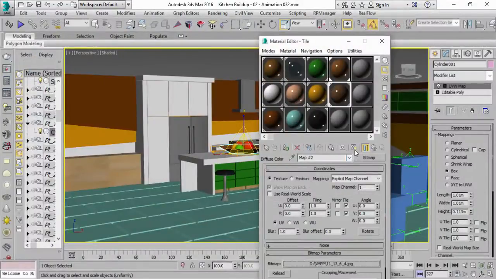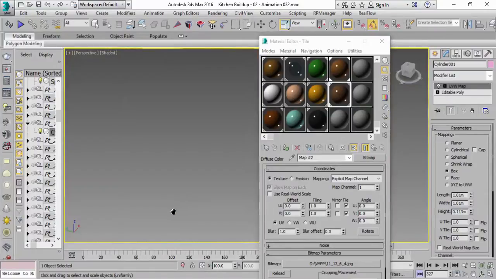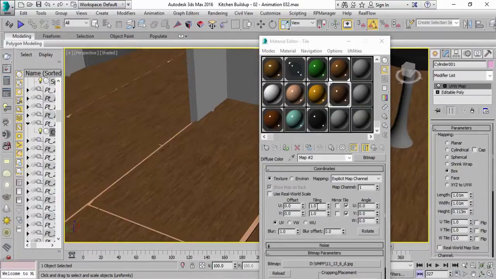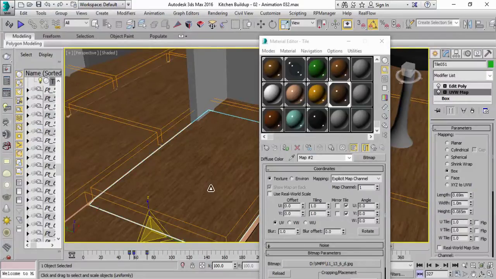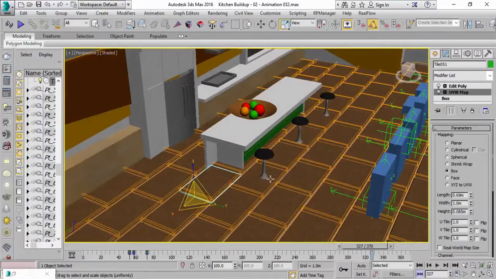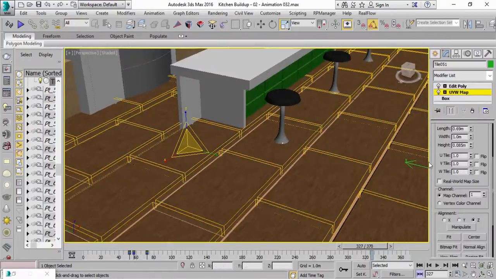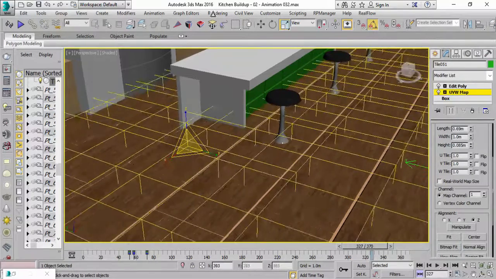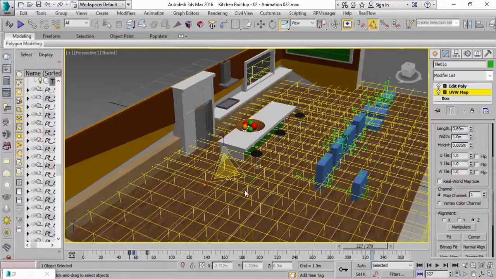And of course, you have to show the shaded material in the viewport. There we go. So that you must be able, of course, to see it in your own viewport. Okay. So if you select, for instance, any of these tiles and you click on the UV map, you can see, of course, what it looks like. And if it doesn't look properly mapped, you can always click on the UV map button and you can scale it. You see that? And as you scale, it updates for all of them immediately. So that is the power of